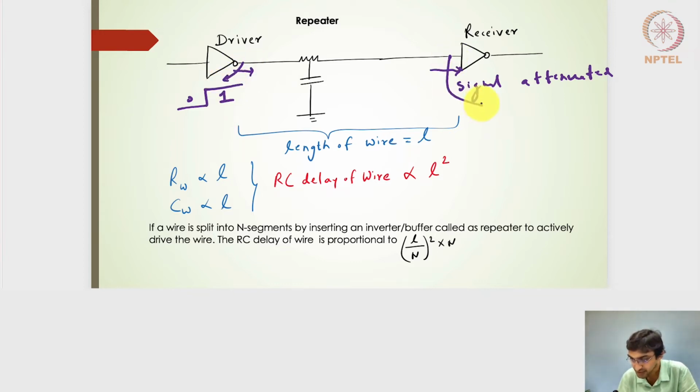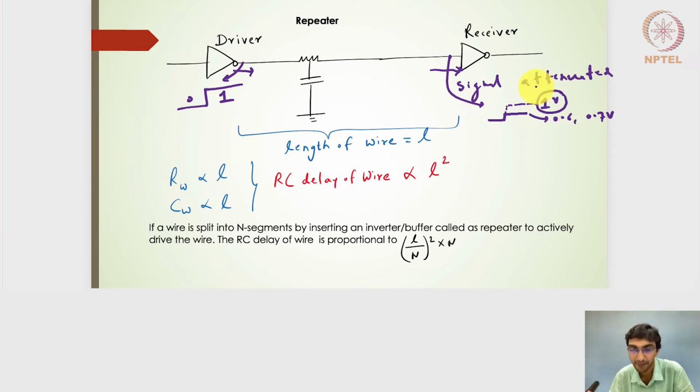At the input of this receiver, if I have a really long wire, then the 1 voltage may not be 1 voltage. This is actually the 1 value, but here I'll get an attenuated signal. It could be 0.6 volts, or it could be 0.7 volts, and so on. So there will be an attenuation based on the length of the wire. So there will be a signal loss. So in that sense, we need to add some kind of a repeater circuit